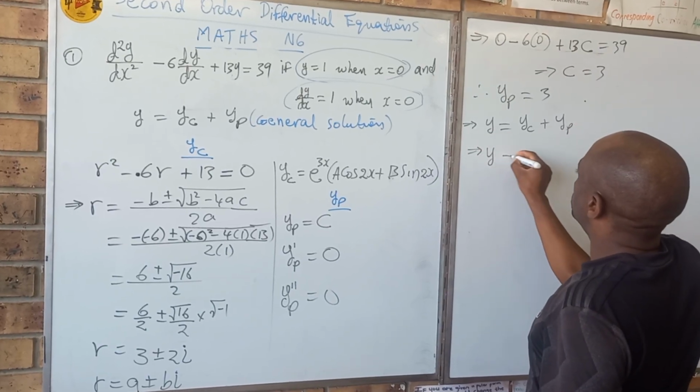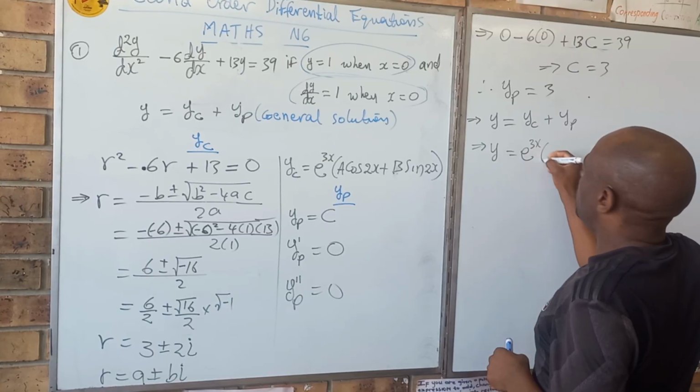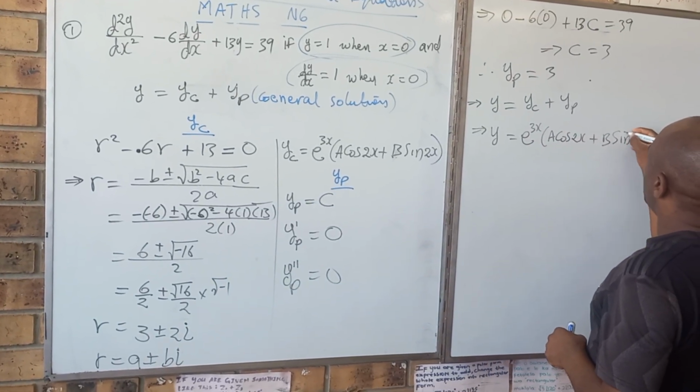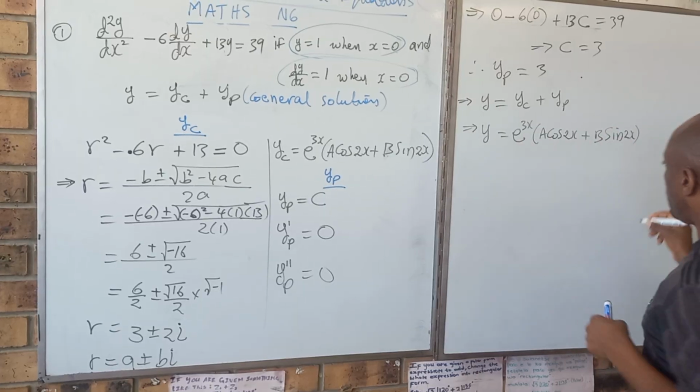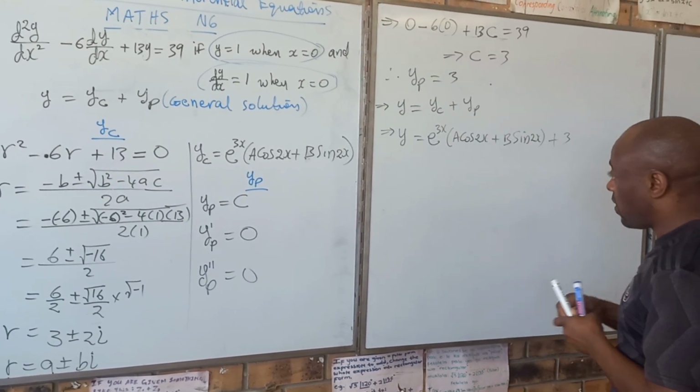And that gives us our yc as e to the power 3x in bracket a cos 2x plus b sine 2x. Then plus yp, which itself is a 3. So